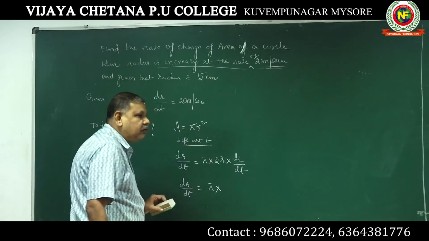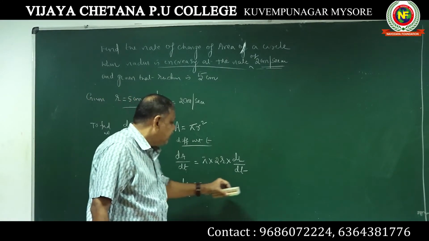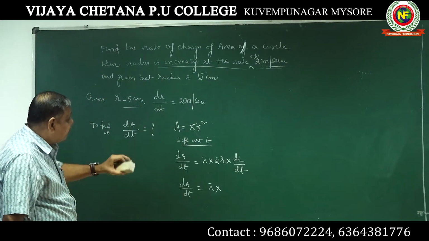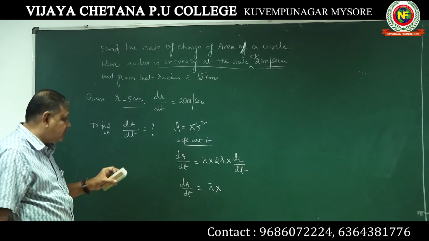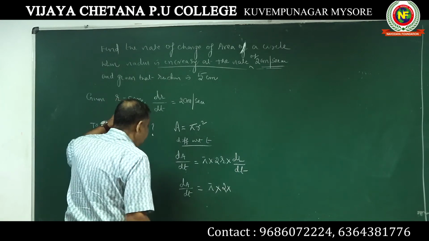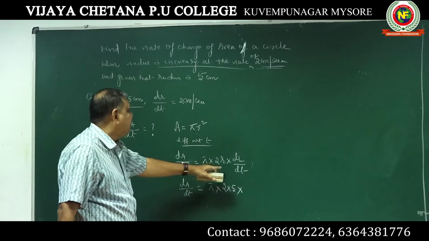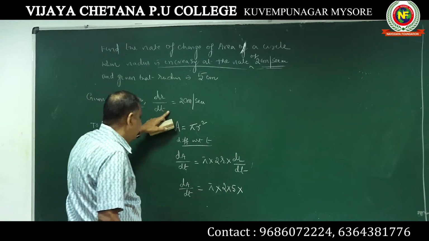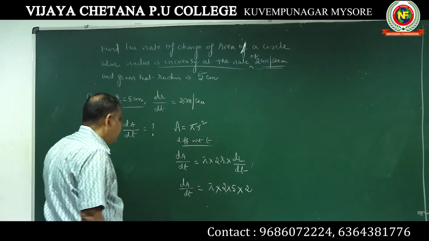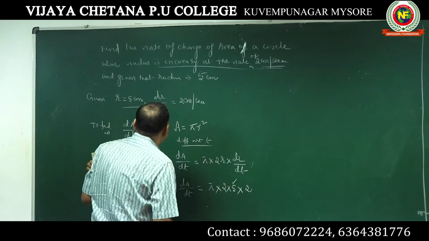Now here in the problem, don't put pi as 22 by 7 or 3.142. They expect you to keep pi as it is, unless they ask you to give the numerical value. Sometimes in some problems they give you pi, take it as 3.14, only then do it, otherwise keep it as it is. 2 into radius, which is given. Here, what is the radius? 5 centimeter into dr by dt. Rate of increase of radius they have given, 2 centimeter. Write down dr by dt, 2 centimeter.